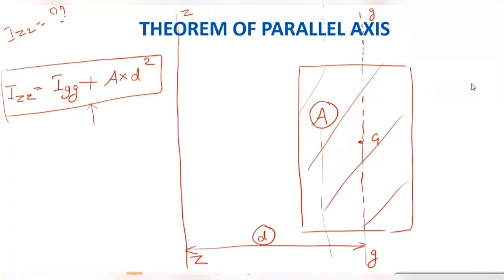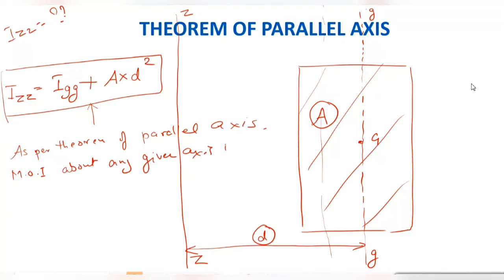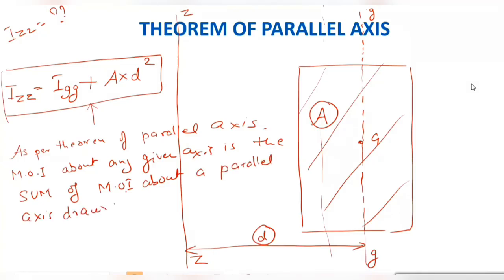This question can come in theory also: describe or explain the theorem of parallel axis. So you can take an example like this, explain it, and then you can define it by saying, as per the theorem of parallel axis, the moment of inertia about any given axis is the sum of the MOI about a parallel axis drawn through the geometric center,